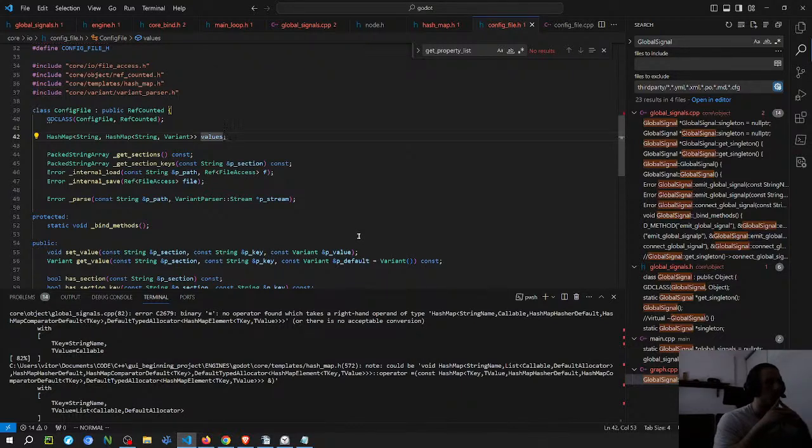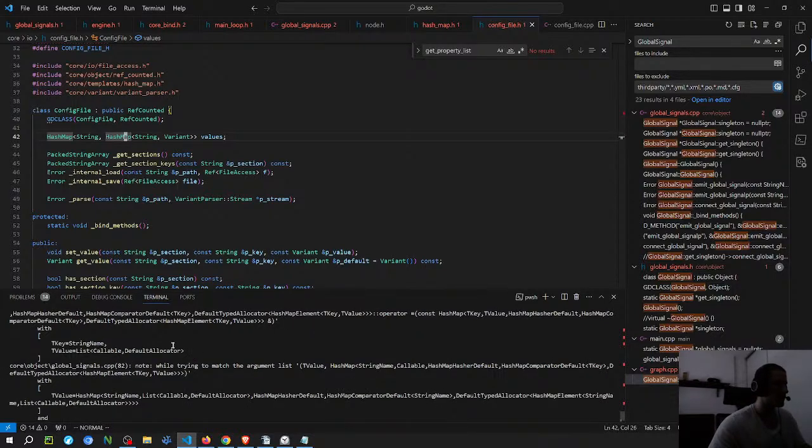Or I just split into two different things, and then I check both of them on the functions, which is not ideal, I think. Or the third option is just to figure out inside of the classes why the error is happening. But based on the display here, it should be because of the comparing. At some point, the hash map is gonna compare this string name with this list of callable.